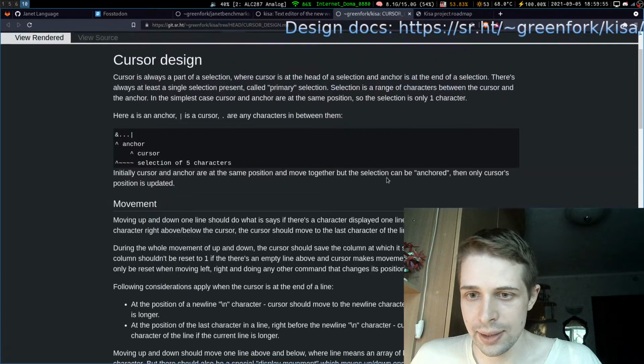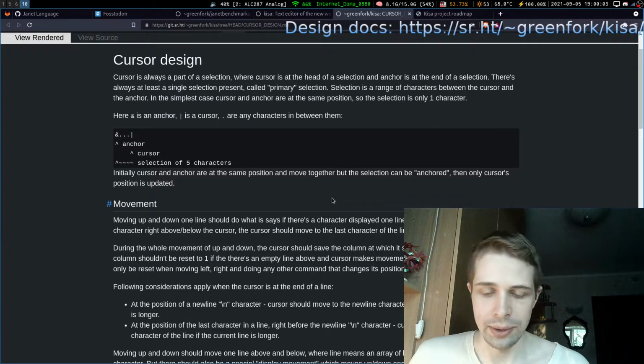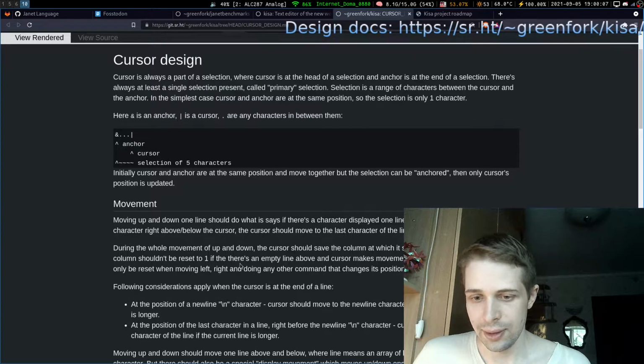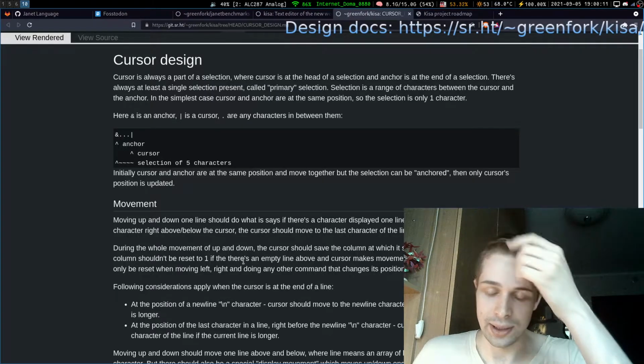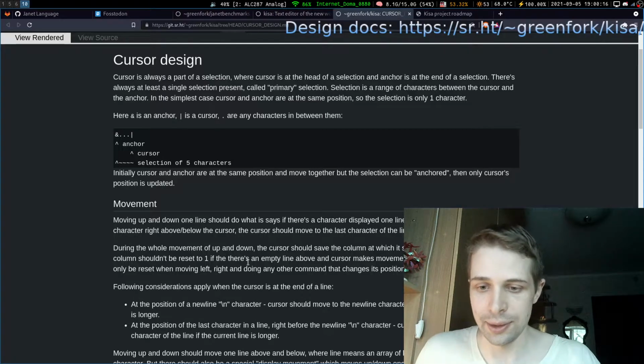And we will have several at the same time. We should just keep it in mind. I think mostly it will be the same. We'll just iterate over each of them and do an action, like with the first. And later on we will just add some more conveniences to manipulate several cursors.